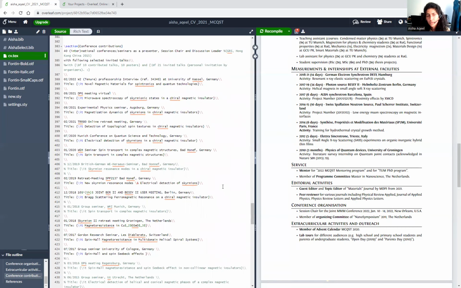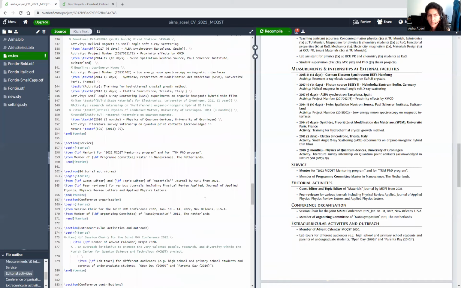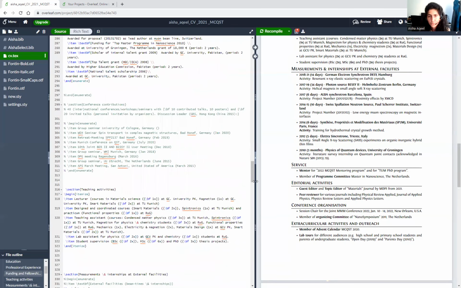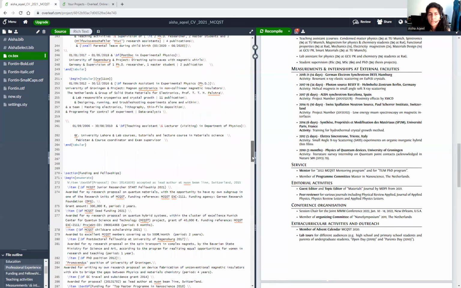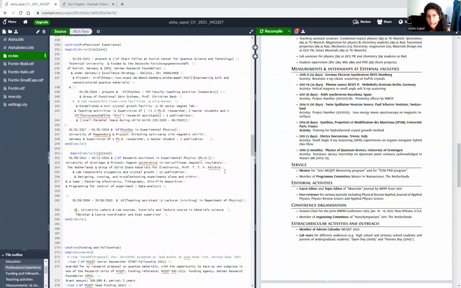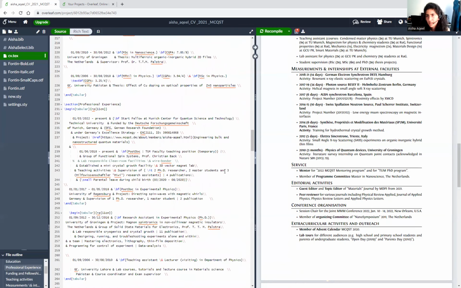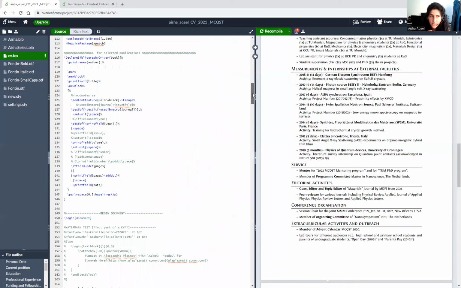So you can actually track everything you have done and show it how you want to show it. It makes things much more organized. One more interesting thing is that as you progress with time, you can manage and update things so fast. So overall I like it very much.